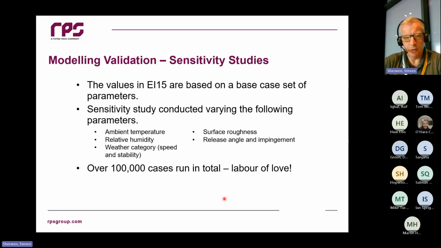If you're a data guru or a data freak, there will be a report detailing all these sensitivity studies released. I think it's up to about 600 pages. It'll detail all the modelling that was done and also highlight the various extra studies that were done to find out what the sensitive parameters were. But that's not really something that I'm an expert on, so I shall leave that there.